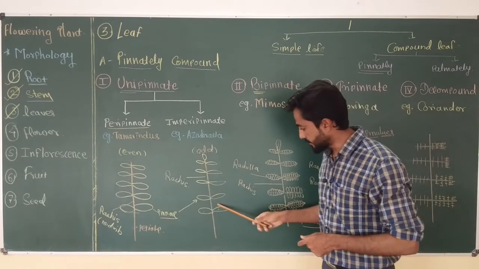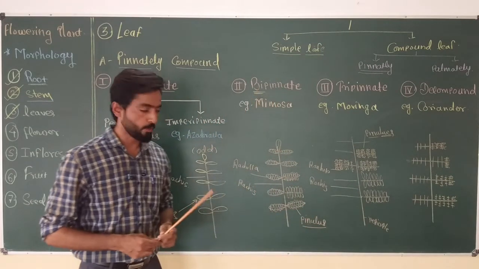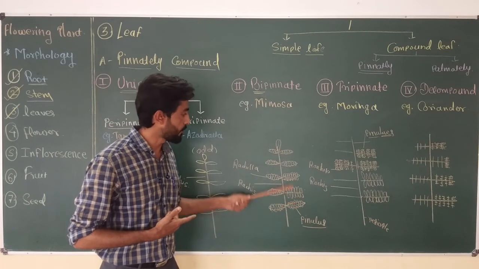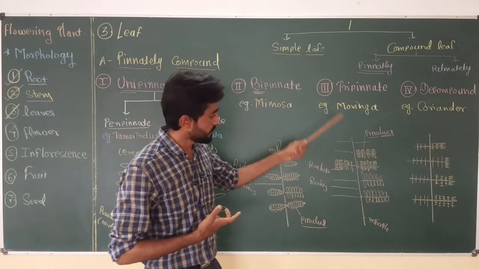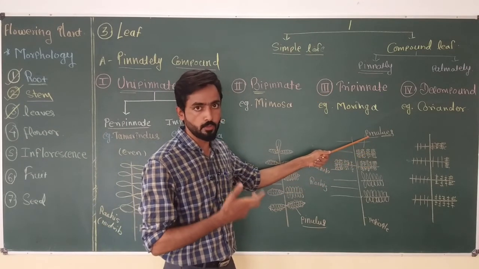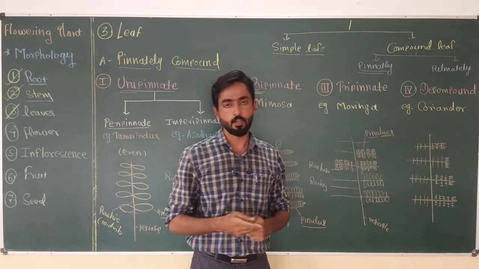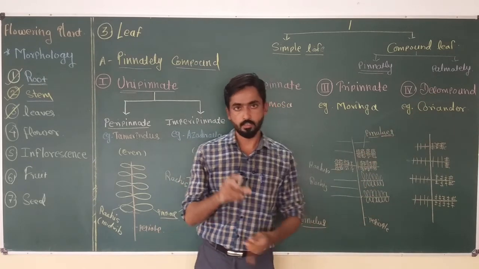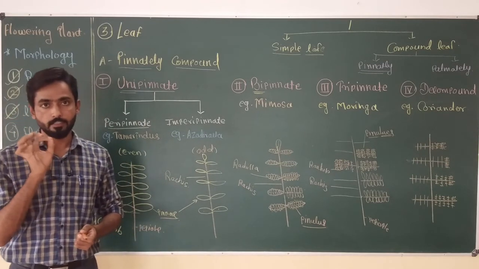If a second incision takes place in this pinna, in that case a bipinnate leaf is produced, and that leads to pinnule production. Okay, and a well-known example of this is mimosa. Then due to the third incision, this type of structures are produced, and these structures are called pinnulules. An example is moringa. In the third case, more than three incisions occur, and the leaf is called a decompound leaf. An example is coriander. The decompound leaf shows very thin, small green structures.